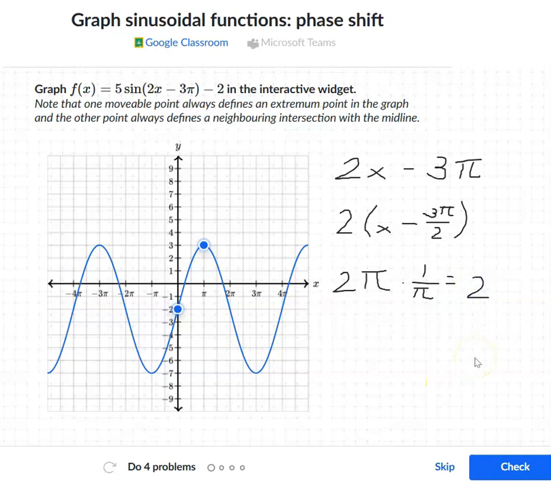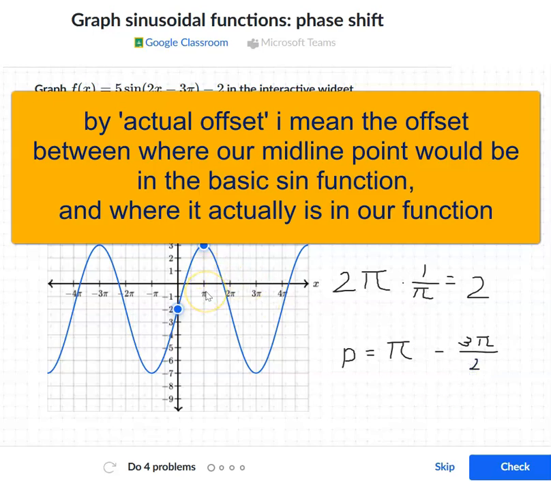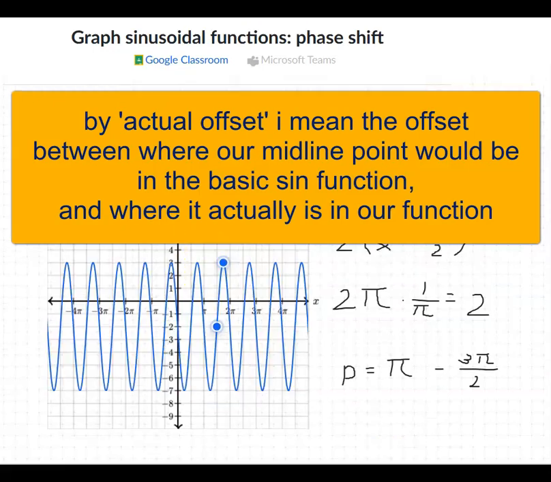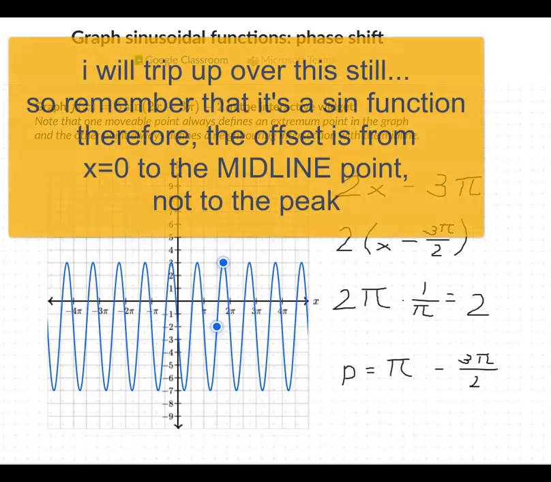Okay, so to answer the question, what is the period of our function? It's just pi, and then the actual offset will be 3 pi over 2. By offset I mean the horizontal distance, so the x-axis distance between our... Okay, so as our complete period is pi and our offset is negative 3 pi over 2,